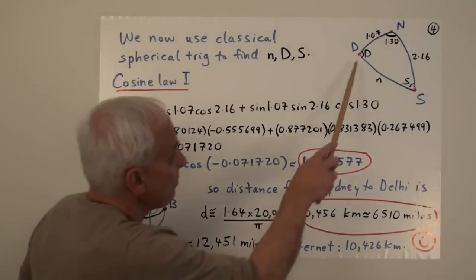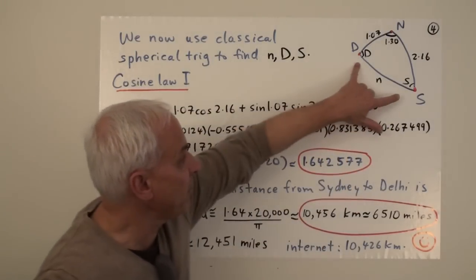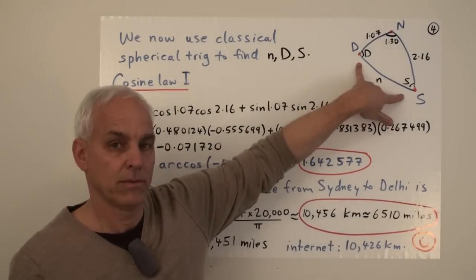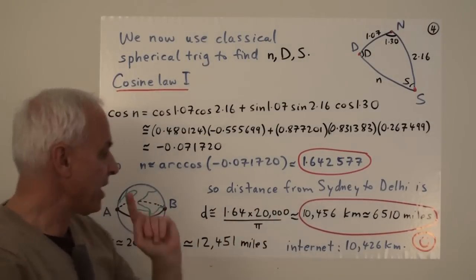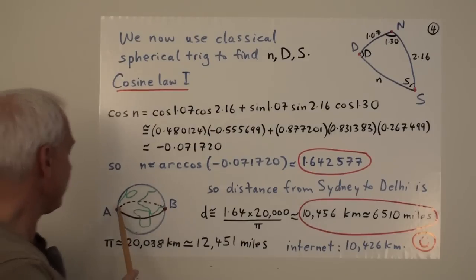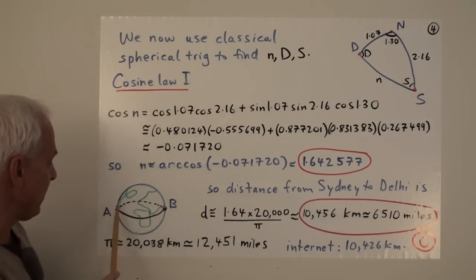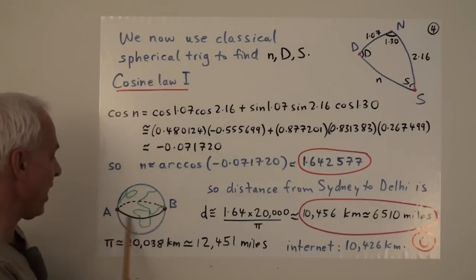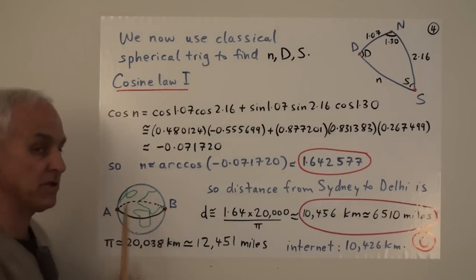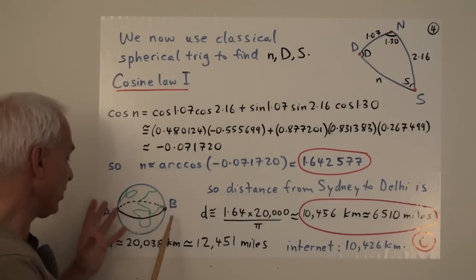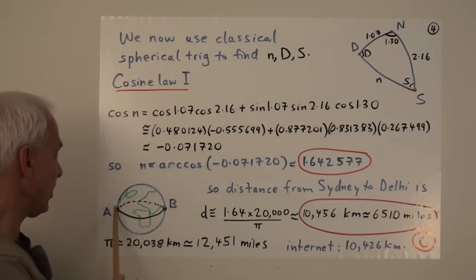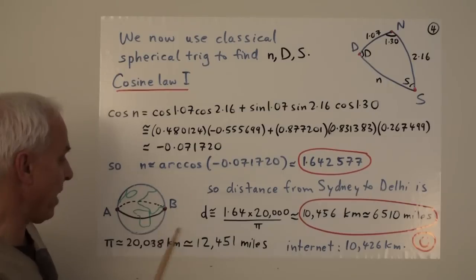So after we've gotten 1.642, we have this thing as an angle. So we can actually calculate the distance. Because if we have a sphere here, okay, then the angle pi would be, say, from this point on the equator to the opposite point on the equator. And we happen to know about the geometry of the Earth that the circumference divided by 2 is almost exactly 20,000 kilometers.